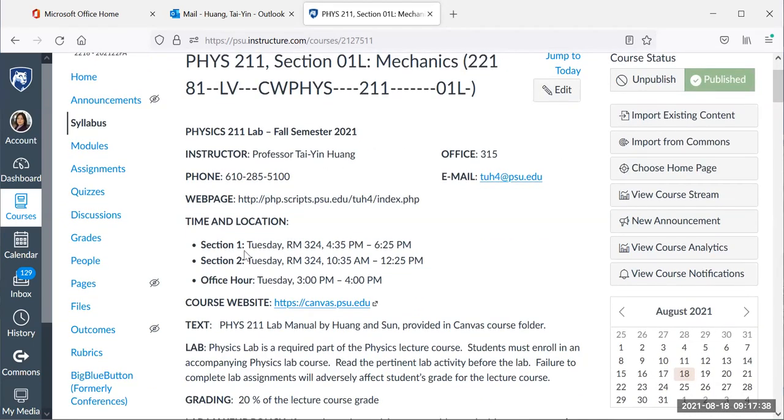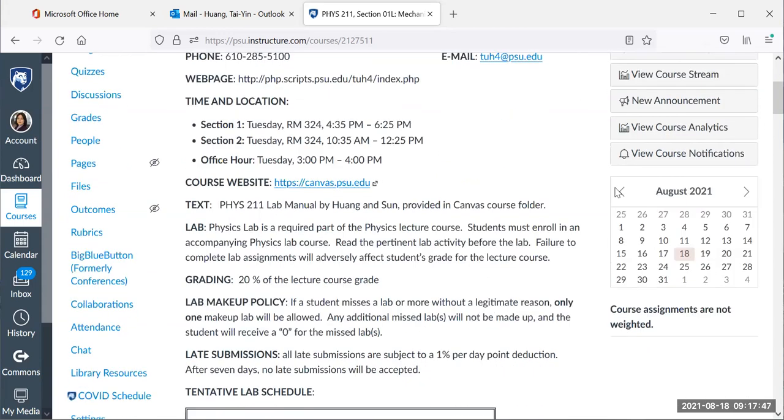We have two sections for Physics 211, and my office hour is also indicated here. The text is the Physics 211 lab manual, and I already uploaded the electronic version, so you don't have to get a paper hard copy. If you want, you can go to the bookstore to get a hard copy, but you'll find the electronic version